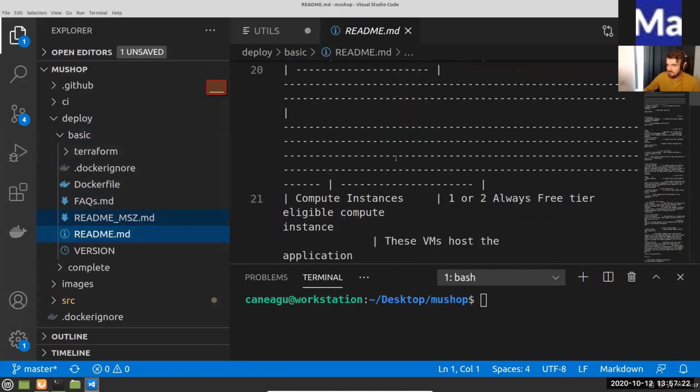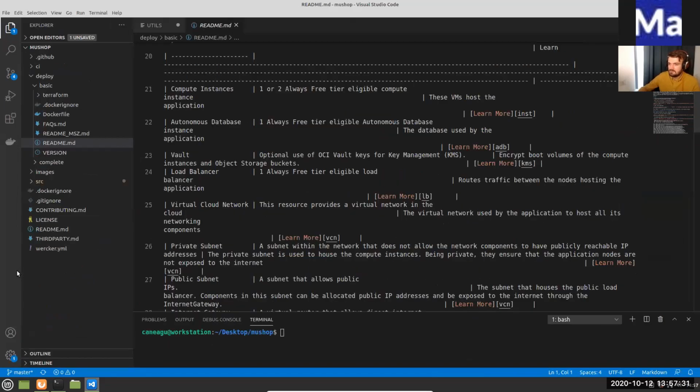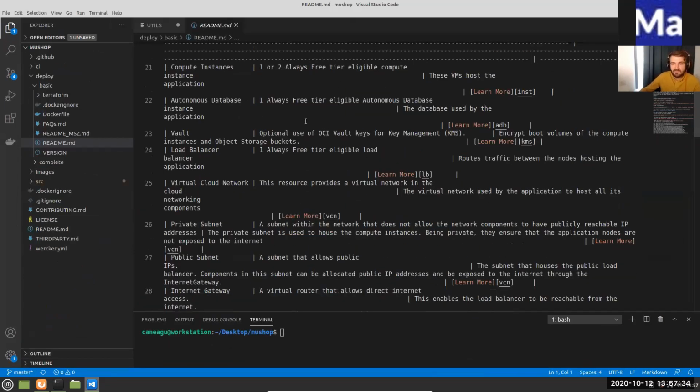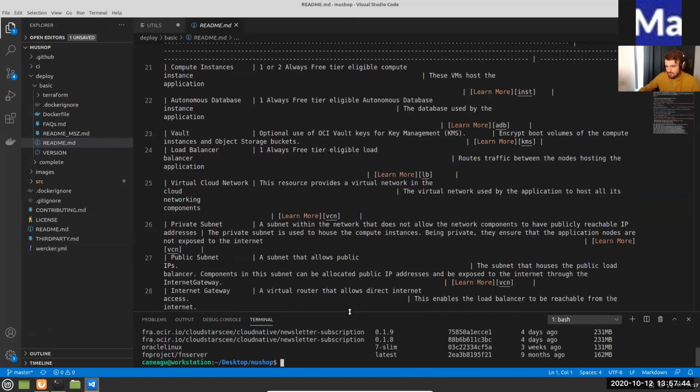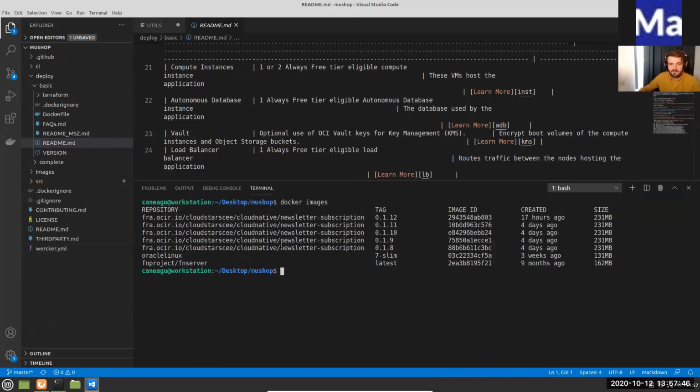You need to give me a second. I'm trying to zoom out a little bit. Yeah. So basically in the README file, you have all the steps required in order to take your code, which is already there, and put it in a Docker image. At the end, you will end up with the images locally. If you want to build it and run it locally, as you can see here, I don't have the images locally because I'm using the repository in Oracle Cloud.